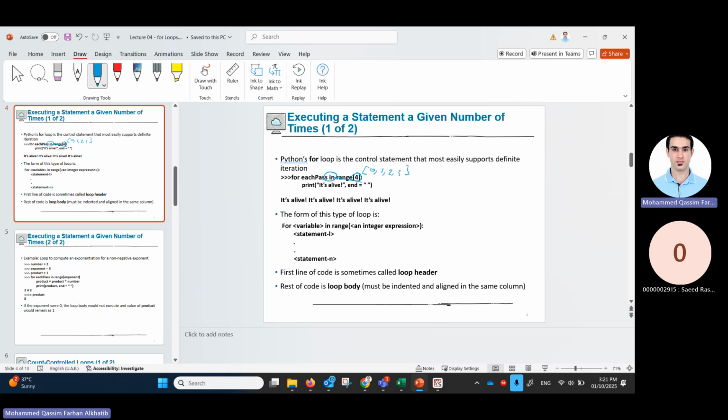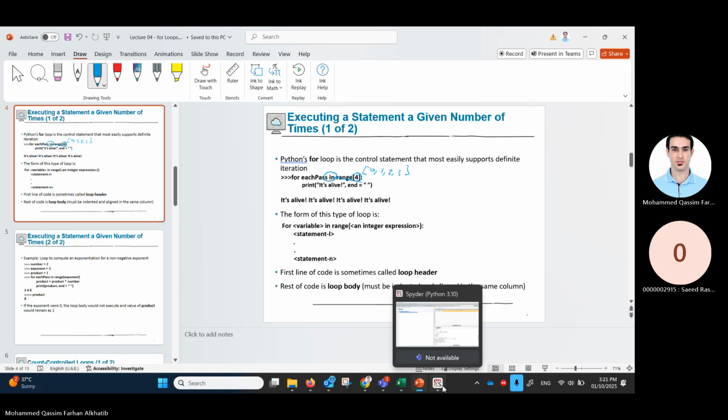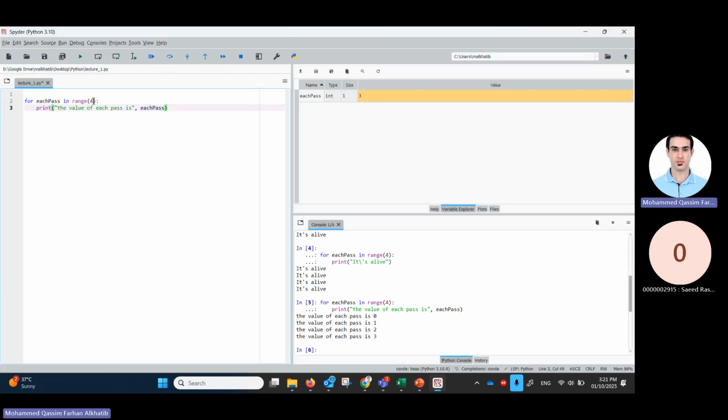What if we have 2 numbers? So I will make it 1 to 4. Notice at the beginning, I started from 0. Now I'm forcing the start to be at 1. In this case, the loop will run for 3 times, 1, 2, 3, never reaching 4. 1, 2, 3. Another example, 3 to 10,